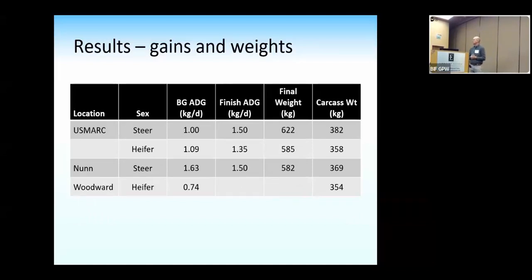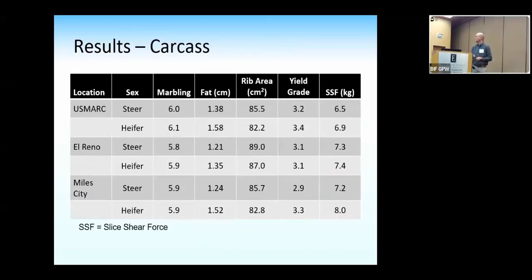This is the spring, or the fall herds that got sent out in spring to each of the locations. A little bit of difference. We actually did better on the short grass prairie often in the summer than we did on the mixed grass prairie, which surprised me a little bit. No data from the feedlot phase yet on Woodward. We're still waiting on that, but this is where we ended up on most of those.